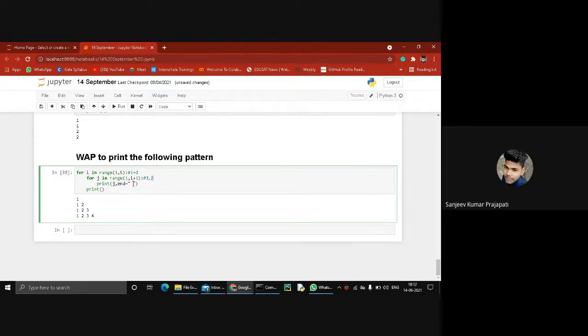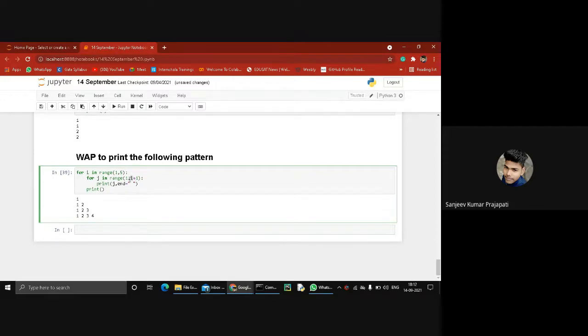Then end means space, this is used for spacing. So now it prints 1. Then again the value of i is incremented by 1, now the value of i is 2. Then it goes to the second loop, and the value of i is 2.